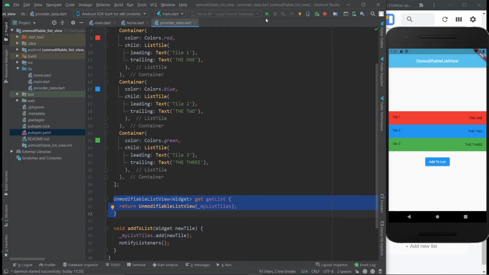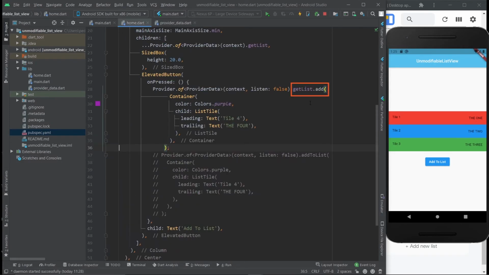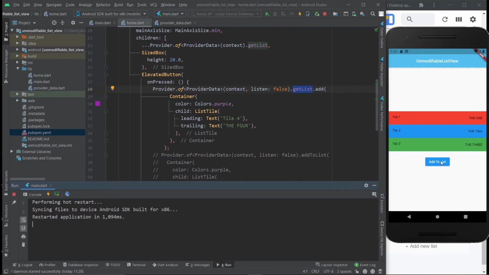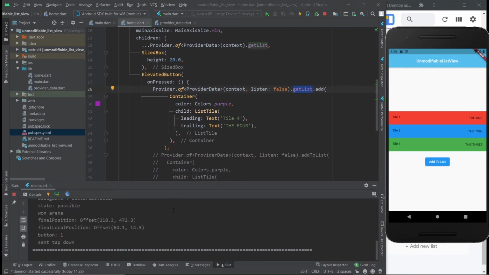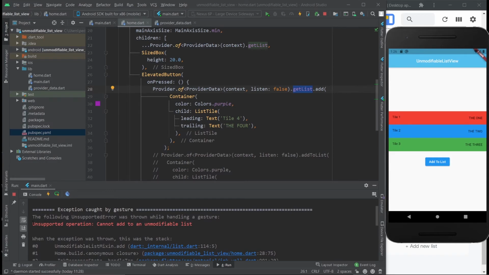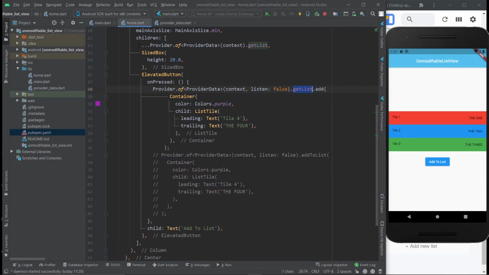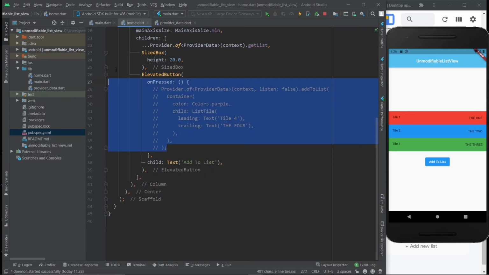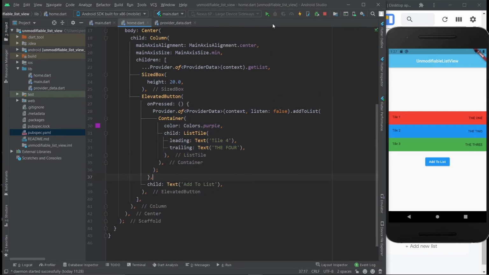If I hit restart the app and I try to do this thing right here, remember it's the same list. I'm going to hit this so we can see what happens, and I'm going to hit the button and an error is thrown. And it says right here, unsupported operation, cannot add to an unmodifiable list. And at this point you're like, oh shoot, that's right. I'm not doing this the right way. And then you're like, okay, so this wasn't what I was supposed to do. Let me just uncomment this. And now this is what you want to end up with.